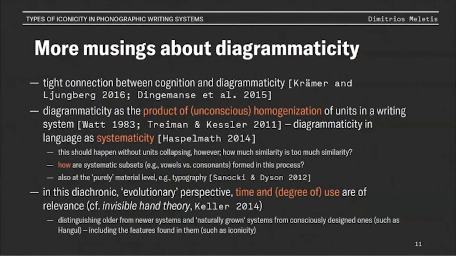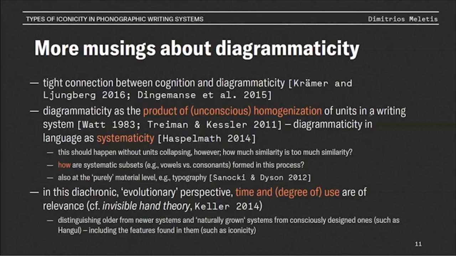A tight connection has been proposed between cognition and diagrammaticity for language, and some people have said something about writing as well. And that's, again, I think unsurprising because diagrammaticity can be seen as the product of the unconscious homogenization of units of writing by users over time, meaning we make units of writing more alike to some degree. They shouldn't collapse and become identical, of course, or too similar, because that's also a challenge, as I mentioned before,